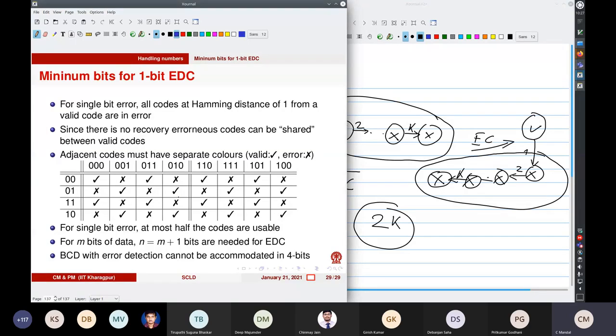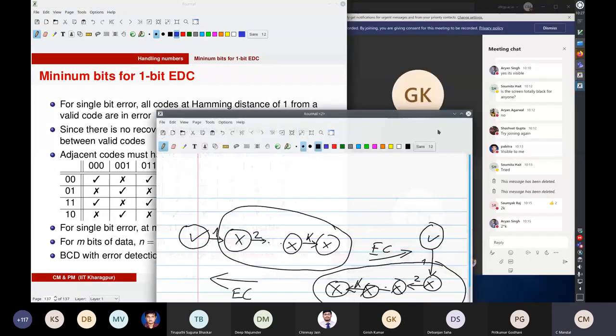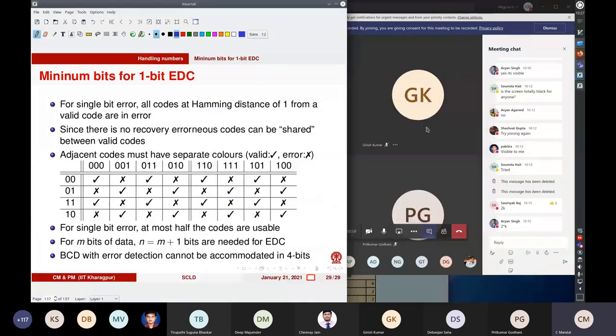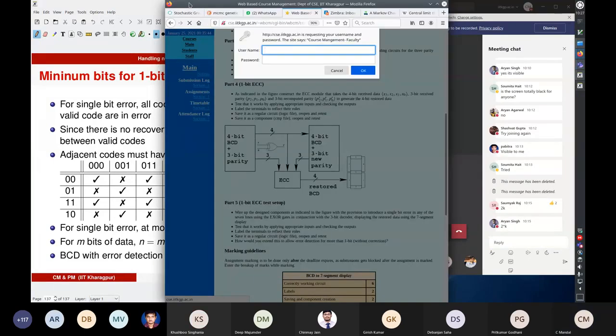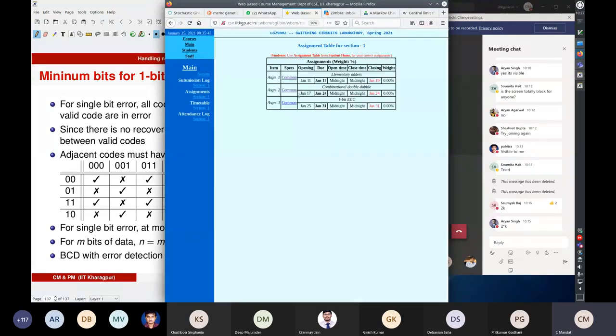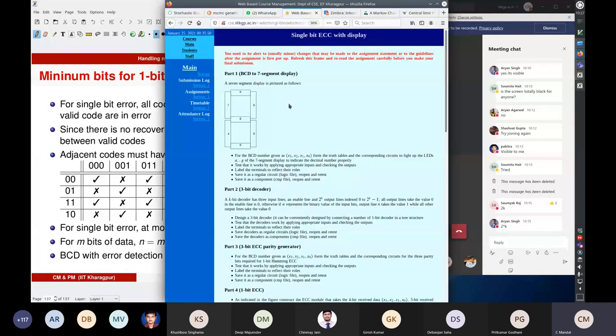All right, so with this we come to the end of this topic. So what I'll do is I will just discuss the lab assignment with you, because that is aligned to this topic. So what we have here, you can open this on your own